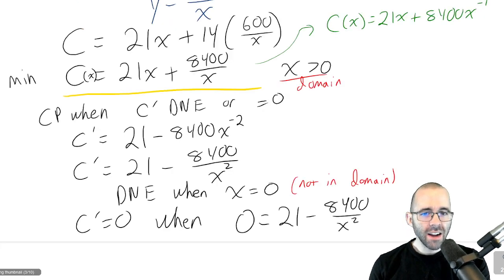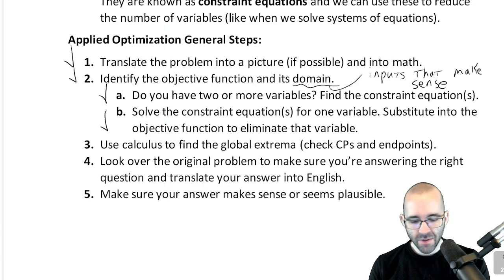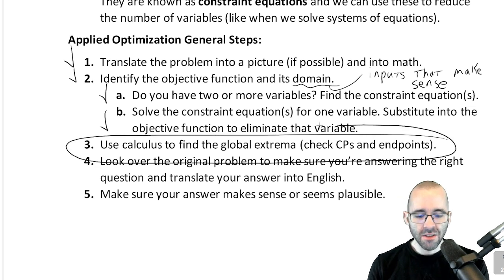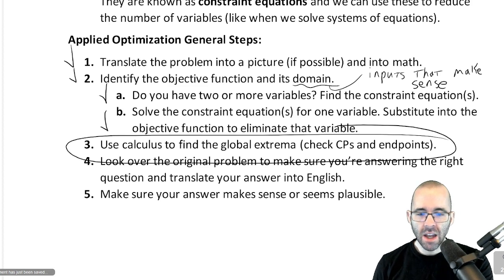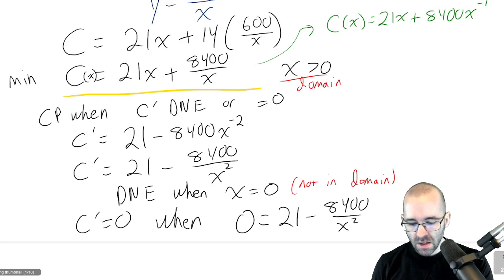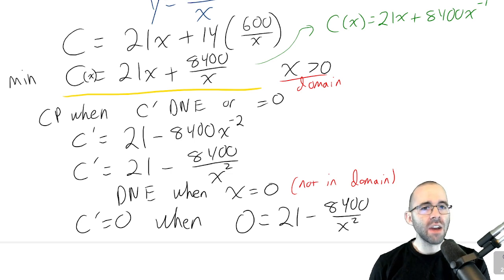What were we doing again? I said it's easy to forget. We're using calculus to find the global extrema. We find global extrema by checking critical points and endpoints. Well, we found the critical point. We don't really have endpoints,